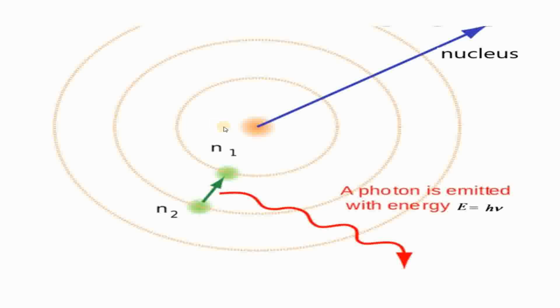By this time, we know that when an electron transits from excited state to the ground state, it emits a photon of energy h nu, which is equal to the energy difference between the ground state and the excited state. As we can see in the picture, the electron is already in the excited state. Since excited state is not stable, the electron falls back into the ground state. When it falls back into the ground state, it is going to emit a photon of energy E equal to h nu, where nu is frequency of the emitted photon.